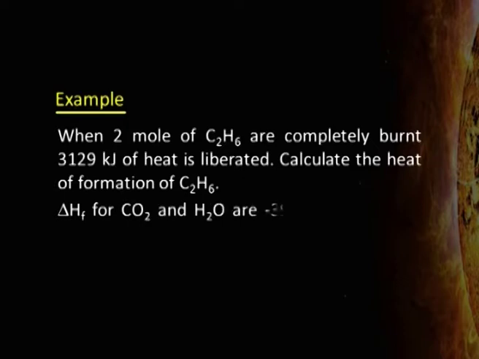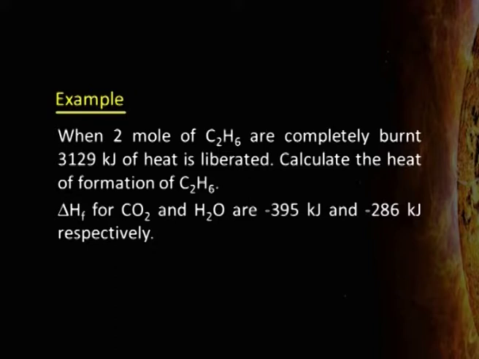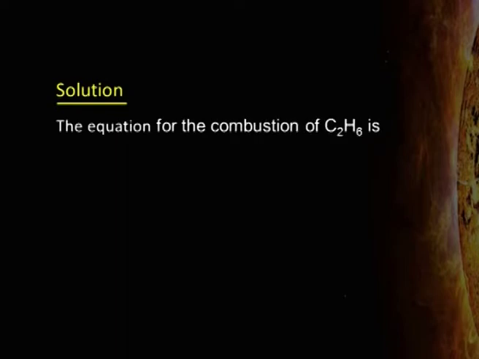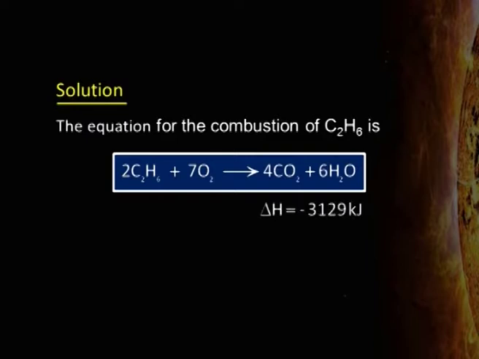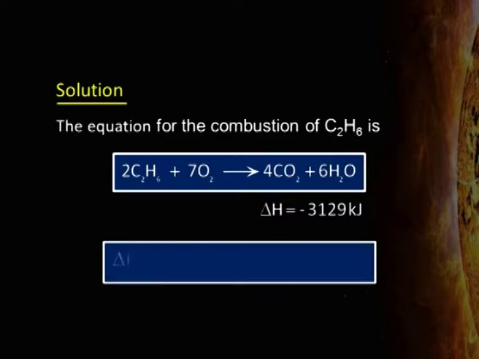Delta H formation for carbon dioxide and H2O are minus 395 kilojoules and minus 286 kilojoules respectively. Now, the equation for the combustion of C2H6 will be 2 C2H6 plus 7 O2 giving you 4 CO2 plus 6 H2O. Delta H for this reaction is given to be equal to minus 3129 kilojoules. Now, delta H for the reaction will be equal to delta H for the products minus delta H for the reactants. Hence, delta H will be equal to 4 multiplied by delta H formation of carbon dioxide plus 6 multiplied